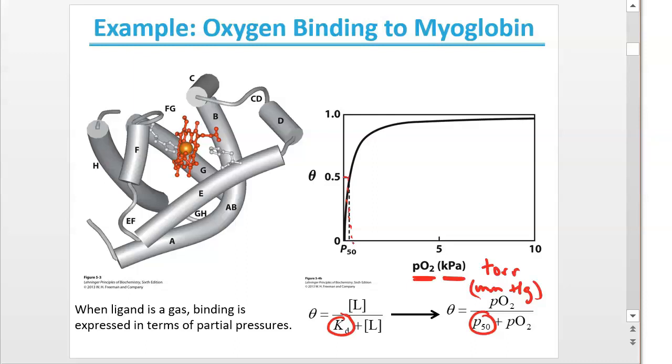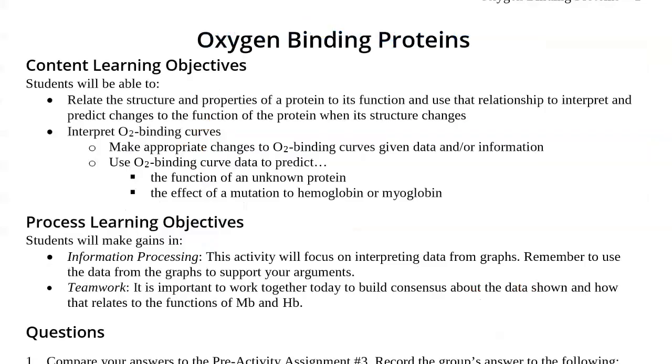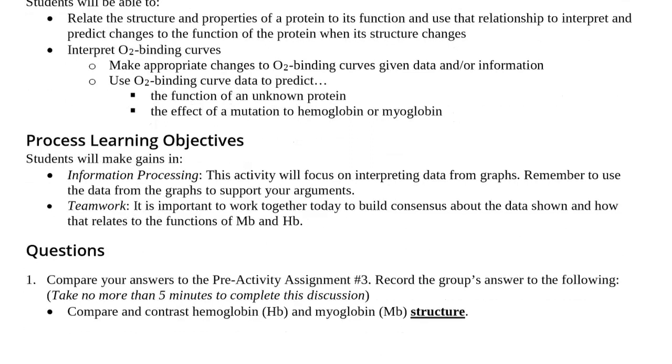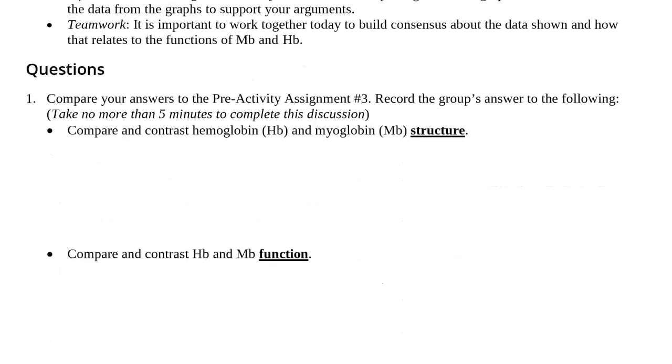So now let's investigate the activity that we started in class this week. That activity was a mini activity, but it's based on this larger activity called oxygen binding proteins. This is posted to Blackboard, and you can read the learning objectives that you should be taking away from this particular activity. In class, we began to look at this activity, and we compared hemoglobin and myoglobin. So make sure that you know some things about the similarities and differences between the structure of hemoglobin and myoglobin.